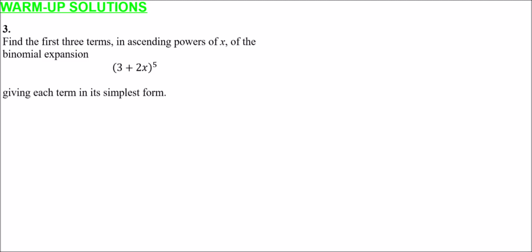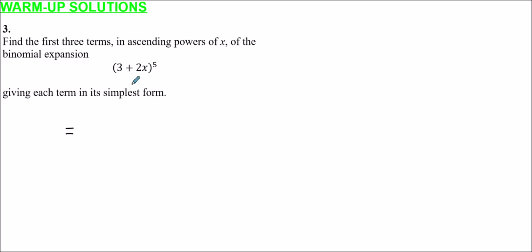Question 3. This is revision of another topic altogether. This is going back to the binomial expansion from the previous chapter. So we need to find the first three terms in ascending powers of x of the expansion of (3 + 2x) all to the power 5, giving each term in its simplest form. So the first three terms